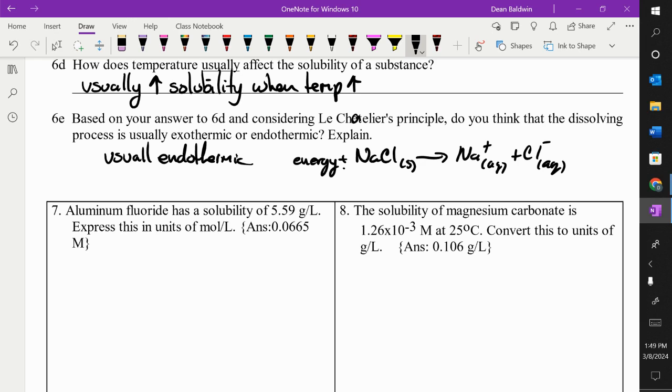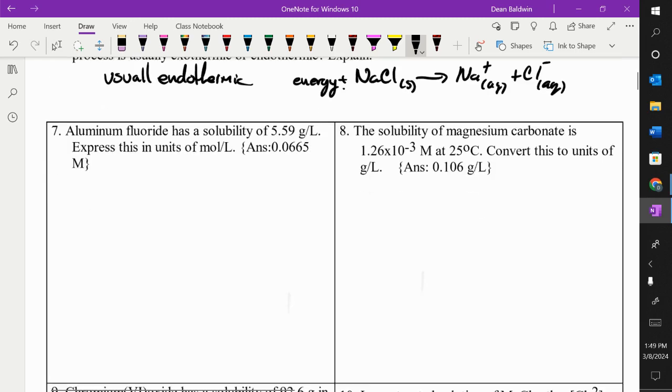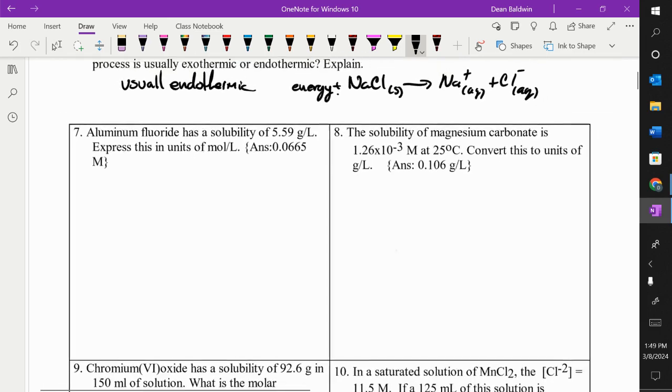I'm going to show you a reaction today, if we get to it, that is highly exothermic when you mix them together. If we have time, or I'll do it on Monday. It doesn't matter. I'm tired of talking.